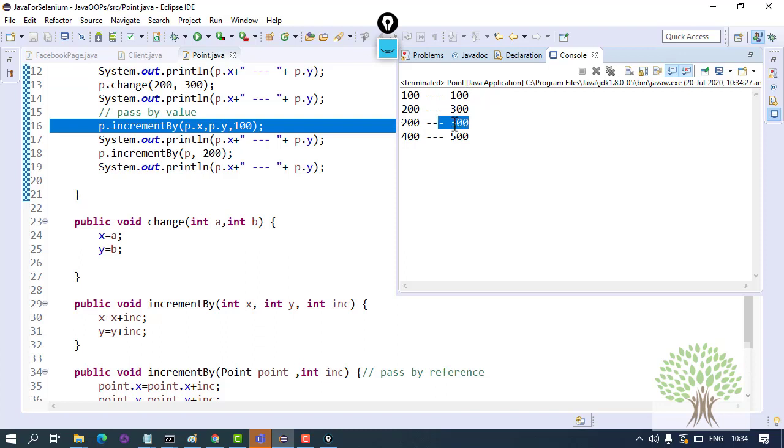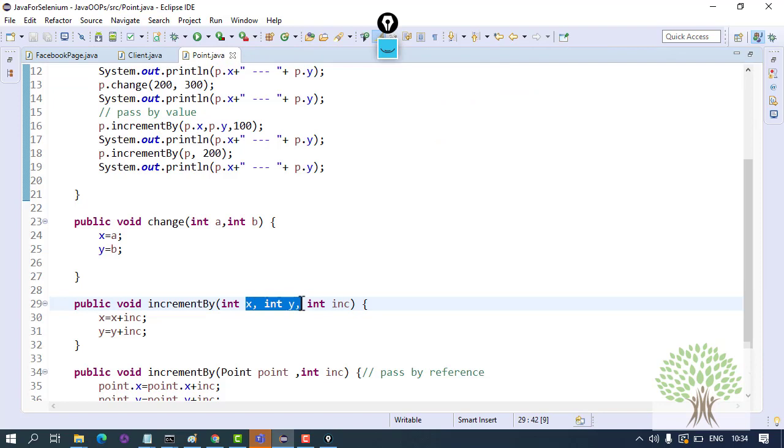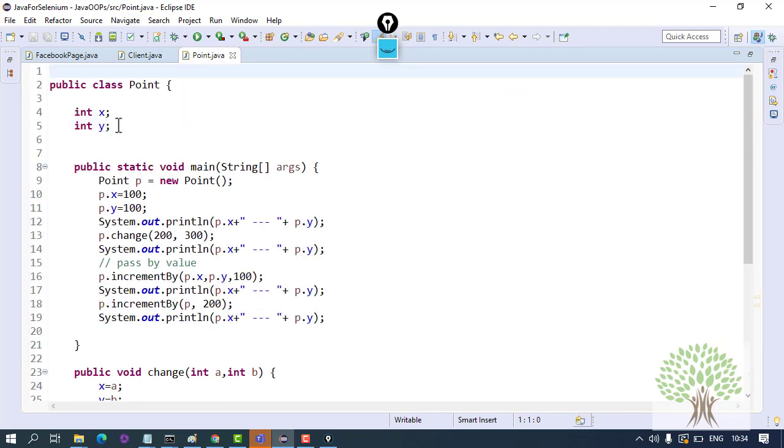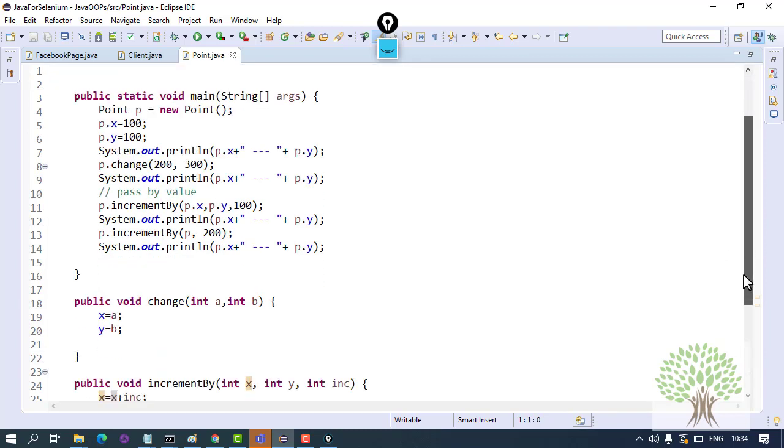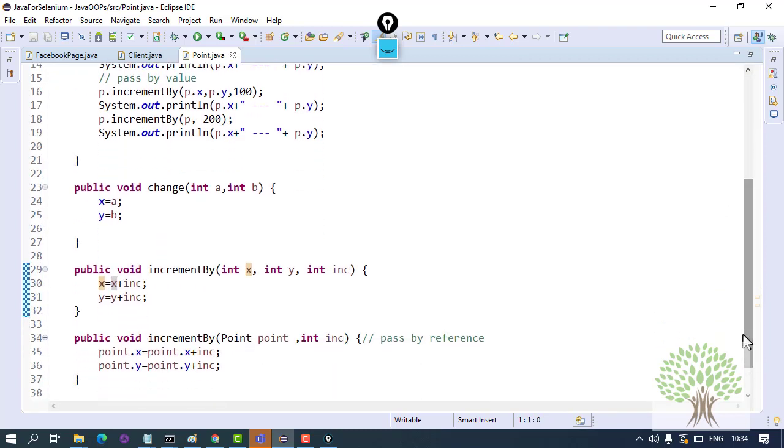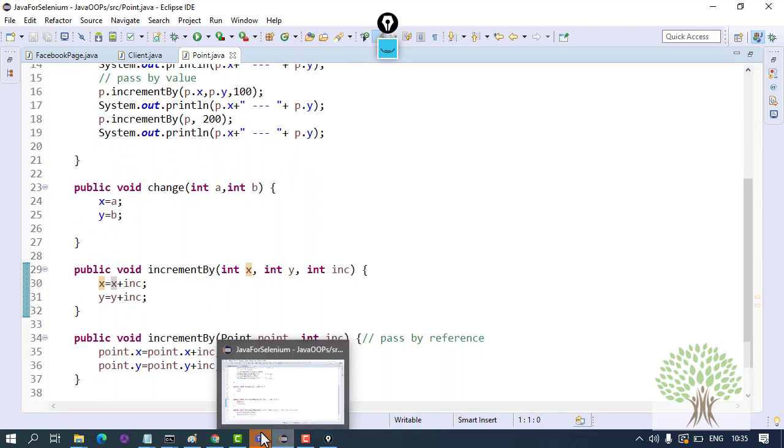The values only change for the local ones. These will increment. So this x is actually hiding the global variable x. I want the global variable x to increment by 100 and the global variable y to increment by 100.